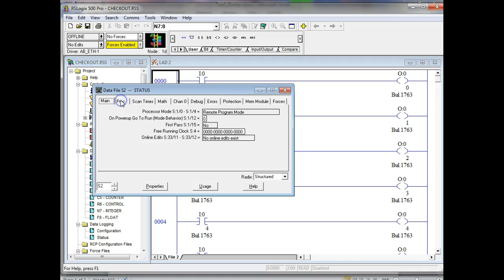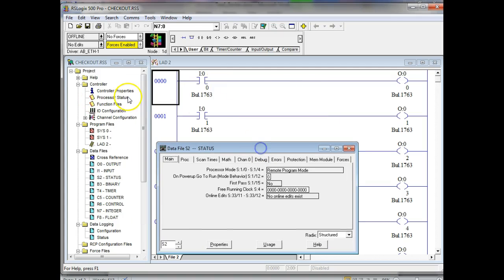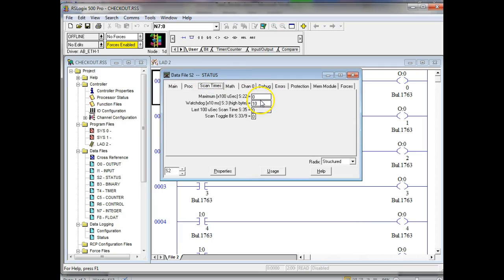Oh, this is the status register I was looking at. So right here on your controller status, what does it show you if you go to right there? It shows you the actual scan time. Of course, the program's not running. I'm not online. I don't have a PLC out there right now. But this would do if we went online. This guy here would start updating,